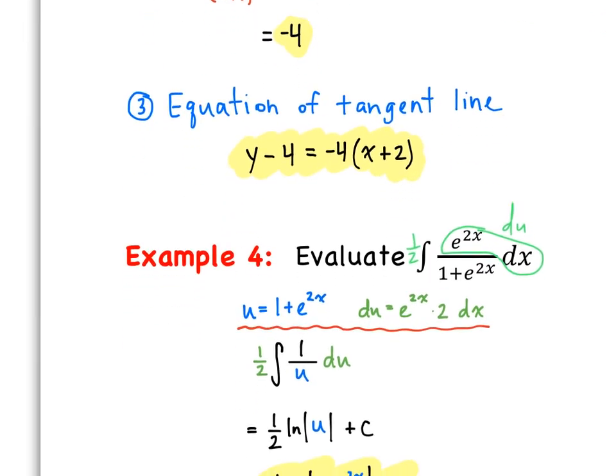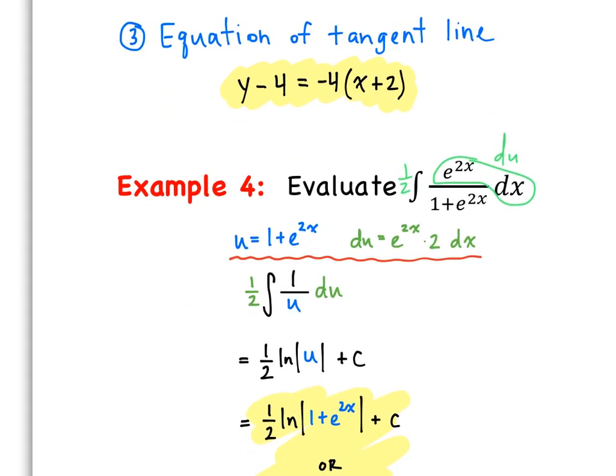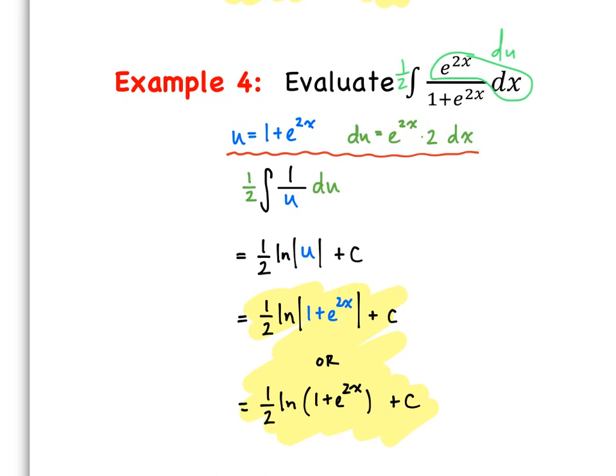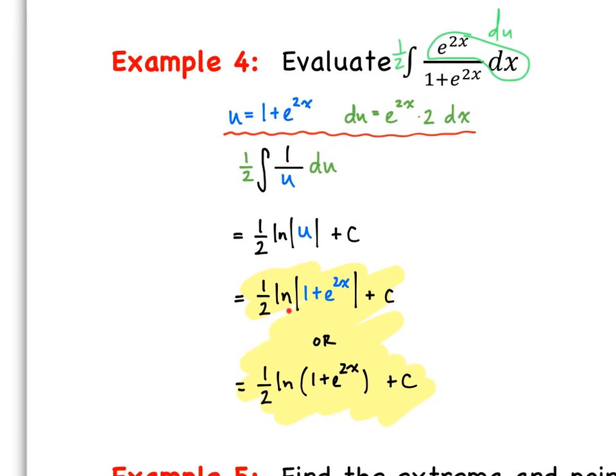So as we go through, we've got 1/2 times the integral of 1 over u du. Integrating 1 over u, we know that's the natural log of the absolute value of u, plus c. And now we have to make our u substitution back in terms of x. So we get 1/2 times the natural log of the absolute value of 1 plus e to the 2x plus